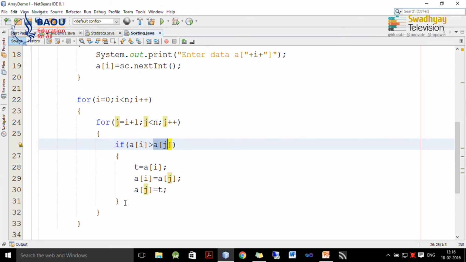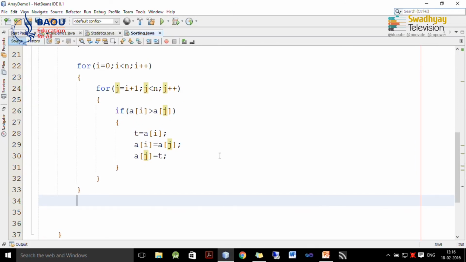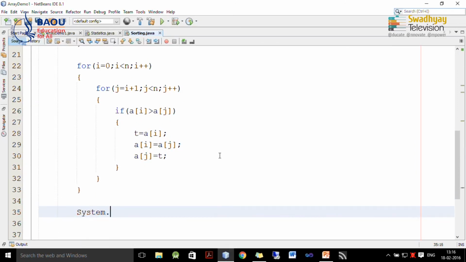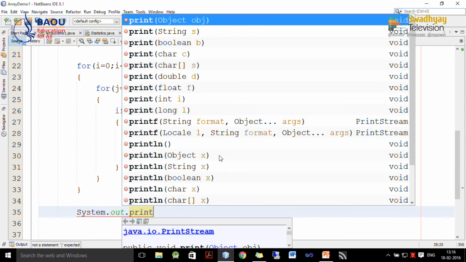So, at the end of the first iteration, we have the smallest element stored in the first position, then I becomes 1 and the smallest value from 2 to less than n is stored at position 2. So, every time the ith element is replaced by the minimum element inside the rest of the elements. So, this is how this logic works. Now, once these 2 loops are finished, we have sorted data stored inside the array.